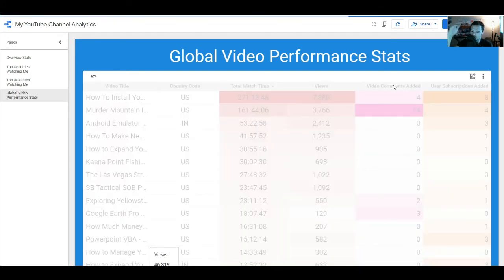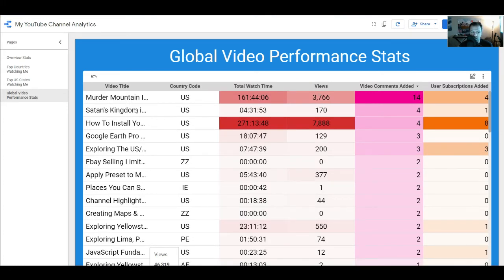And I can also just sort by, if I want to see the most commented on video, then I can see that I've got Murder Mountain and Satan's Kingdom, which are two real places, right? And then also the how to install this brace, Google Earth Pro Fundamentals and Advanced Features course, right? Interesting too, because